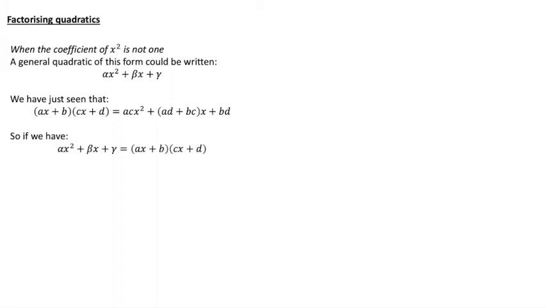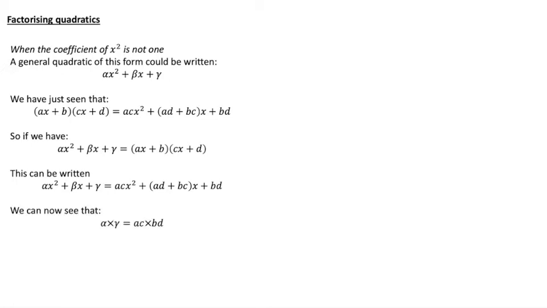So this means if we want to be able to factorise alpha x squared plus beta x plus gamma into something like ax plus b times cx plus d, then we also know it can be written that alpha x squared plus beta x plus gamma is equal to acx squared plus ad plus bc x plus bd. And that means we can say that alpha times gamma